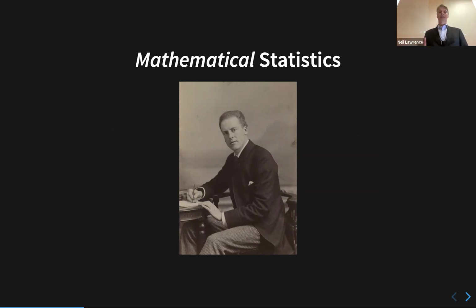So mathematical statistics, this is Karl Pearson, who's one of the founders of mathematical statistics, worked at UCL. His mentor was someone called Francis Galton, who was a cousin of Darwin. And Karl Pearson and others such as Fisher worked out under what circumstances we can draw conclusions from data by coming up with hypothesis testing, randomized controlled trials, things that we still use today to judge whether we should allow drugs to be sold for a particular purpose, or things that are being used in A/B testing, and things that are very commonly used in data science, a key part of data science.